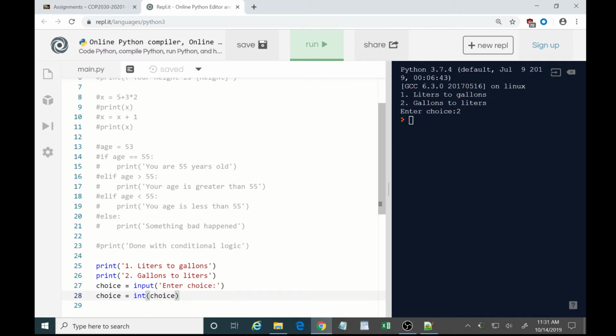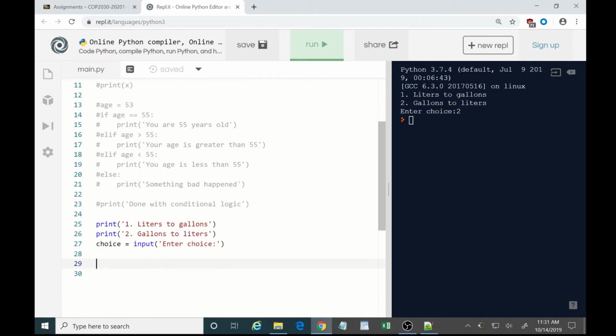Now you don't have to do this, but just remember it's always going to be input. And let's actually not do that. Strings are fine for this. Okay, but now if we wanted to,